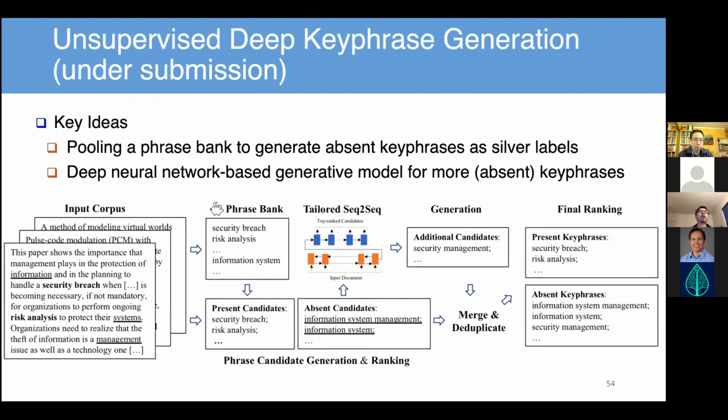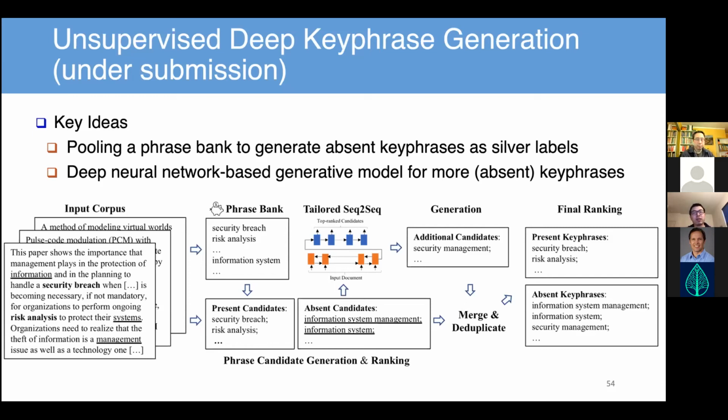We also have unsupervised deep keyphrase generation. Phrase mining tools are very good in terms of extraction. If the phrase is there in the article, we can extract it easily. But when we're generating keyphrases, we are trying to understand the articles. We also wish to get some insights from the generative perspective. It could be a phrase that never appeared in the article as a whole, but we want to generate it. That's keyphrase generation.